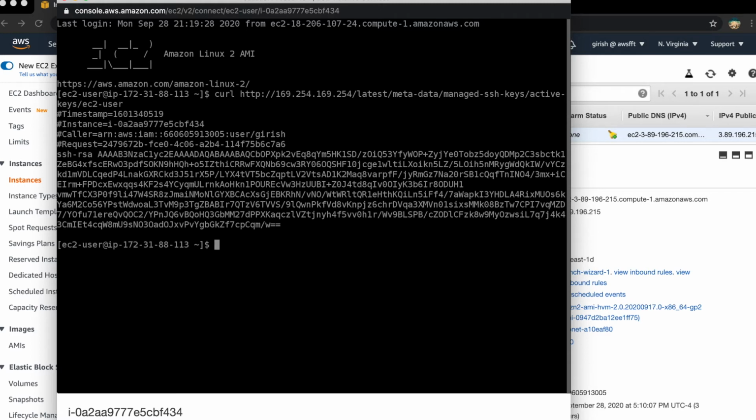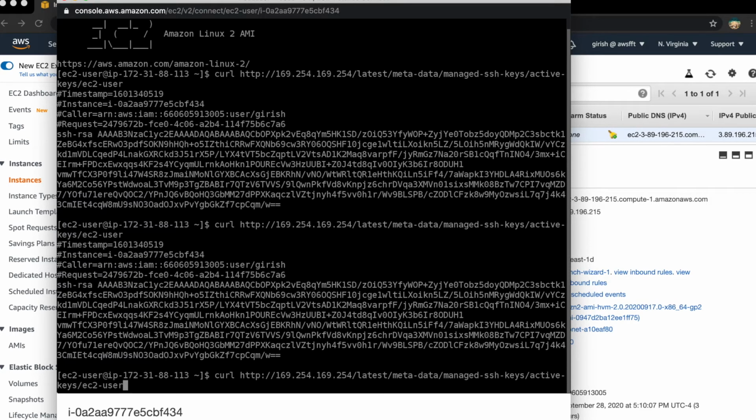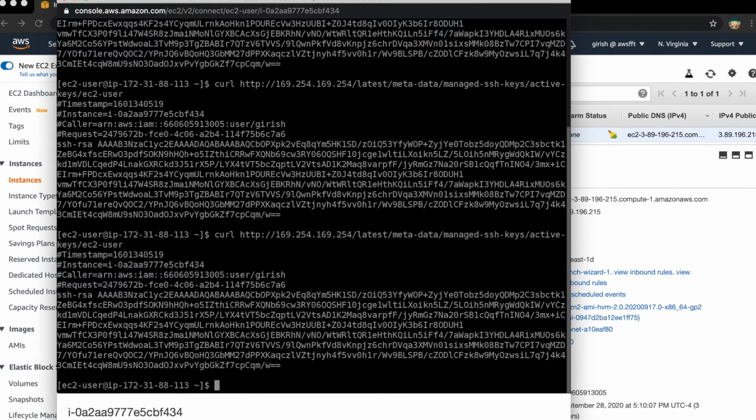Here we go. We are able to SSH as something pushed this particular public key temporarily to the server. As per AWS documentation, this key will stay there for 60 seconds. And this is how we are able to connect to the instance. Let me run the curl command to get the public key from instance metadata a couple more times.